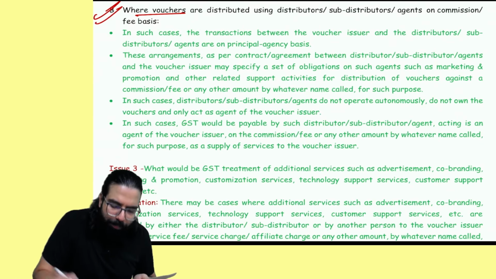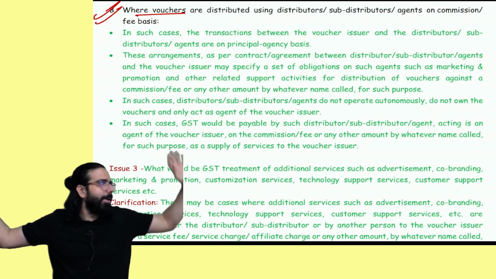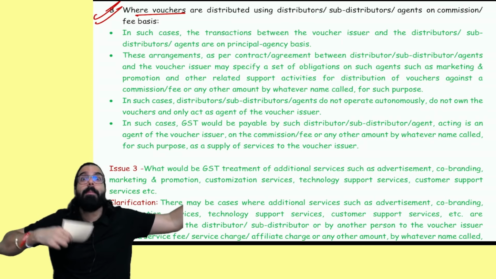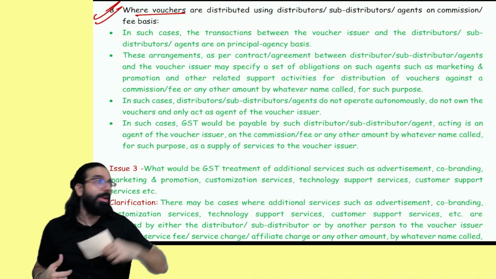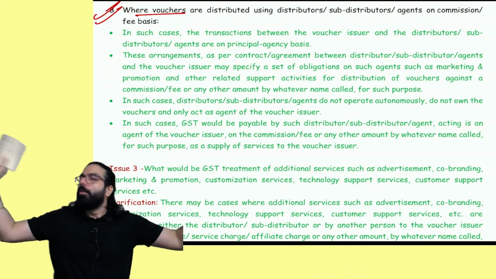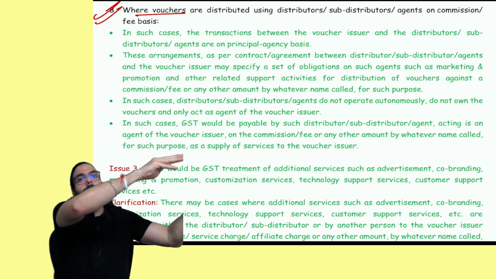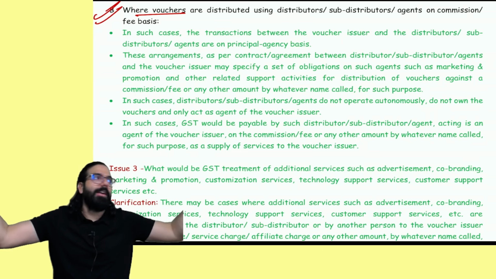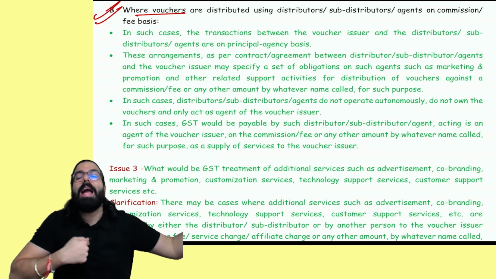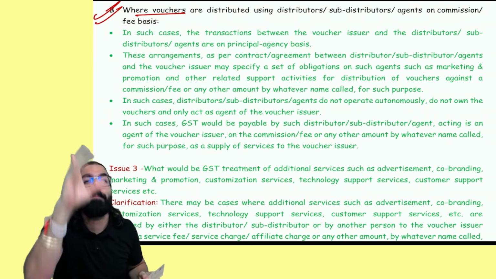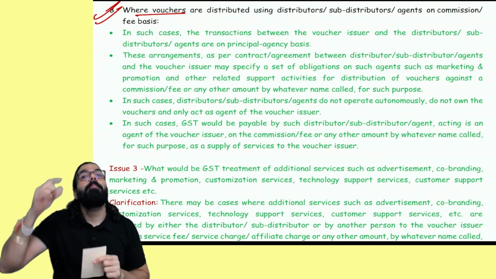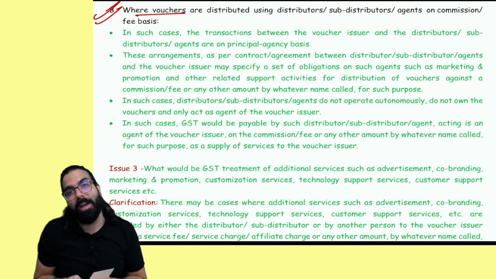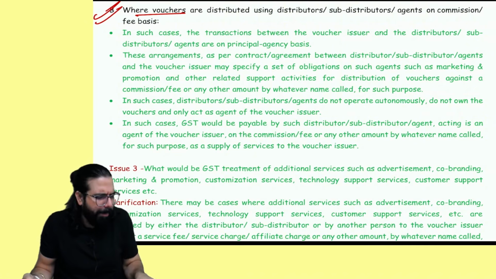Sir, for example, now here Sodexo company is there and here the buyer is a company. I am a middleman in between. I am an agent in between. I don't buy it on my account and then sell it. No. Sodexo company directly sells it to the company. The vouchers are sold directly to them. I am a commission agent in between. I make 1% or 2% commission. I don't buy and sell. Here I am making commission. In that scenario, will GST come on the commission? So they have told, yes, on commission, GST will come.